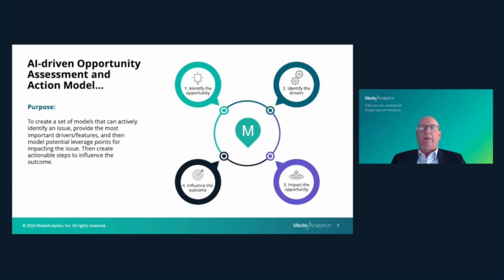And so we want to be able to tell people, what can you do about that? Where can I make that change? So not only tell you what the driver is, but help you understand how to impact that opportunity. How do I make that change? What levers do I pull? What buttons do I push? What goals do I set? And then as I do that, put those goals into a process like here at Medi Analytics, where we have managed action, and you can actually bring that to the forefront and then watch that opportunity over time and make those changes. This is not a one and done. This is a cyclical process.